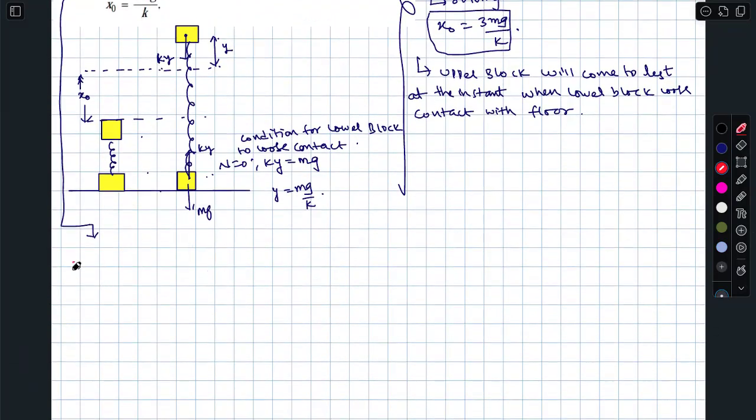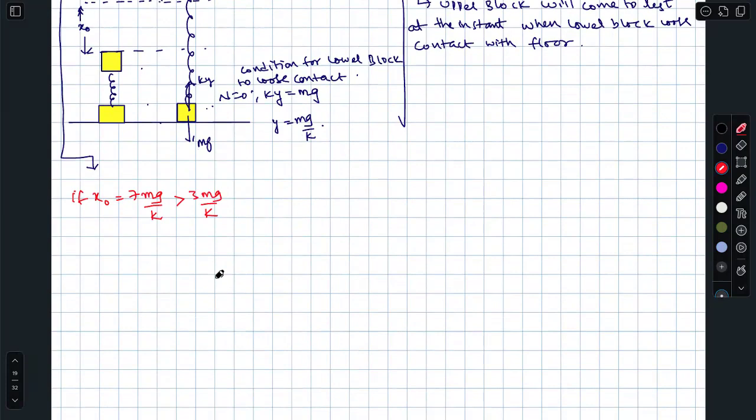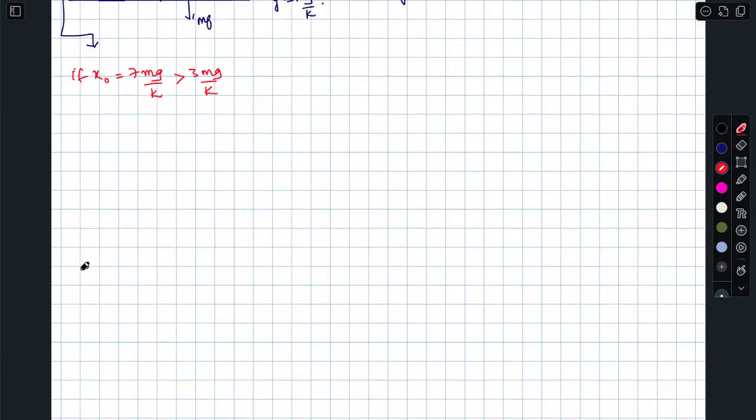Here, if x naught is equal to 7mg by k, which is greater than 3mg by k, then what happens? Tell me. What happens is that the upper block will attain some velocity at the time when the lower block loses contact, which means